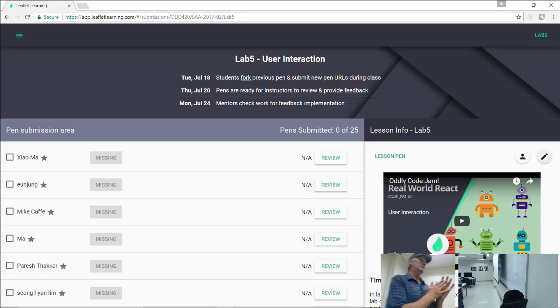Today you'll create a new pen. We're going to start from a new pen today. And then we'll sort of work backwards to take the design you've made and implement it. But get yourself a new pen started, submit that. Then give yourself what you need, like your script tags. Grab all your script tags for React, React DOM, styled components, Firebase. Basically, you can copy that from your lab 4 and bring it over.